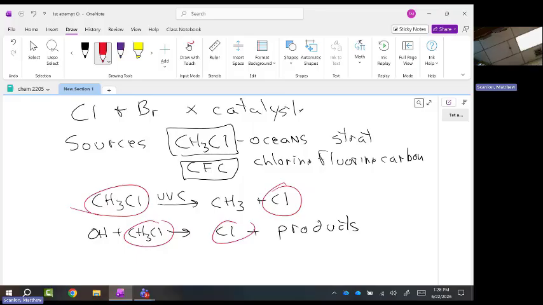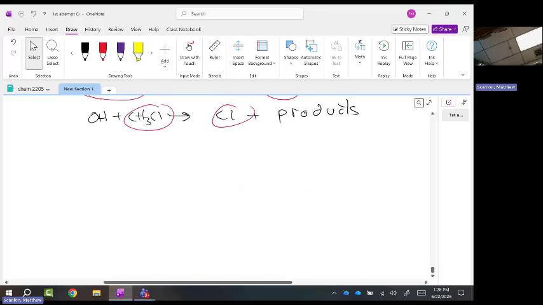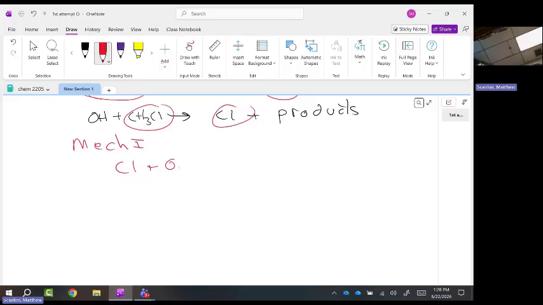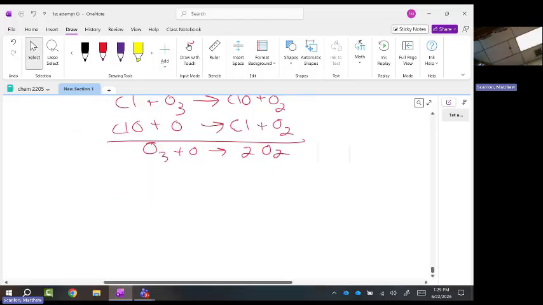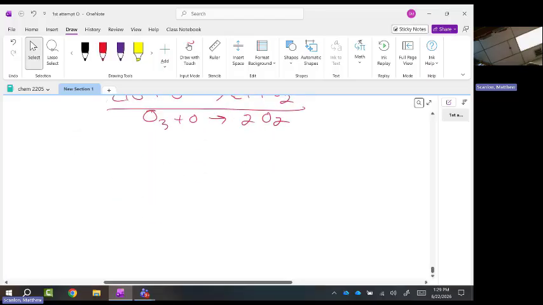And then that chlorine automatically goes to mechanism 1, which you ought to be getting very familiar with. Chlorine plus ozone yields ClO plus O2, ClO plus O yields Cl plus O2, net reaction O3 plus O yields 2O2. So this has a devastating effect on the amount of ozone there, but it's not as bad as you might